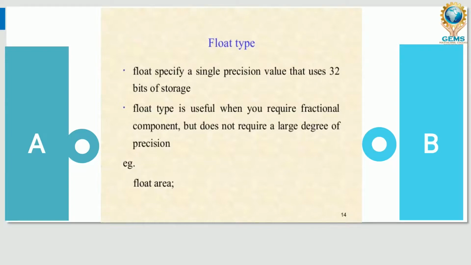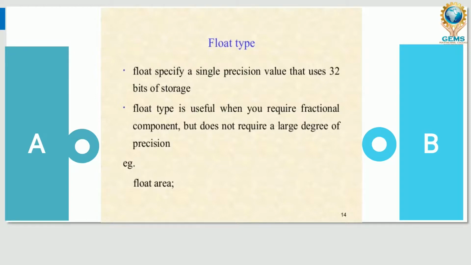Float type is useful when you require a fractional component but do not require a large degree of precision. So when you are required to store fractional values, you will use the float type.